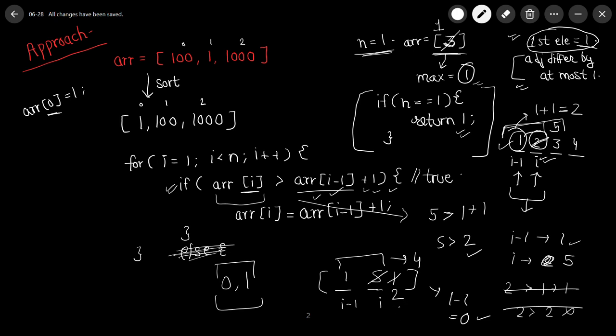So now the difference is 2 minus 1, which is 1, which is still correct because it's less than or equal to 1. 0 is also less than or equal to 1, 1 is also less than or equal to 1. But we chose to replace it with I minus 1 plus 1 and not the same as the previous one, like we did here,